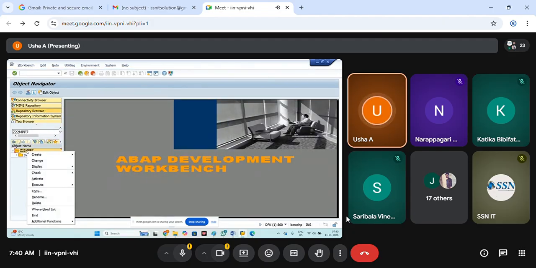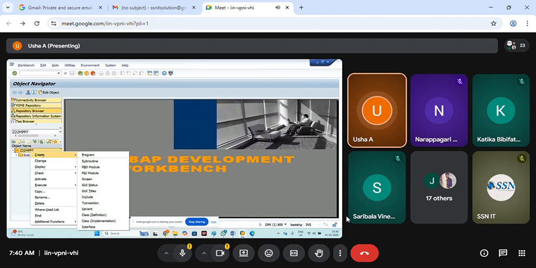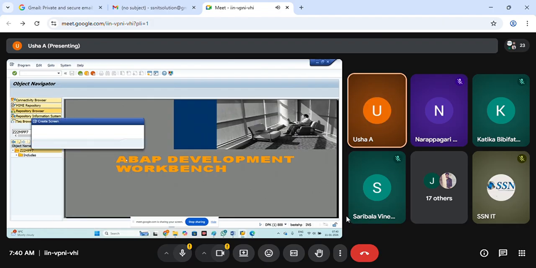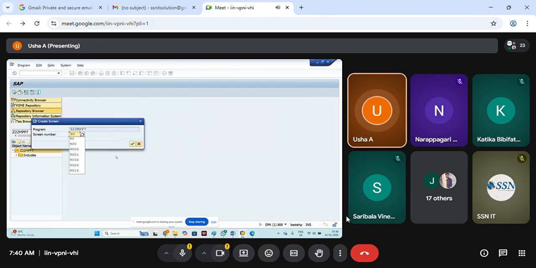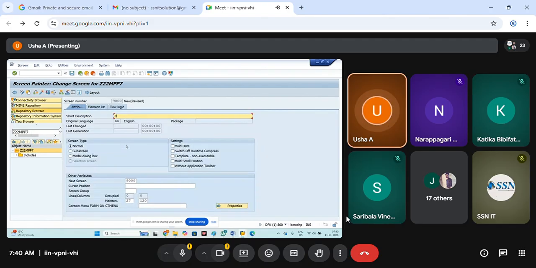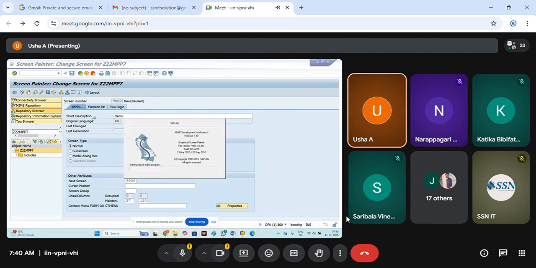Done. Right click and activate. Then right click, create screen. Creating the screen 9000, whatever it may be, and this is for demo. And then go to the layout.